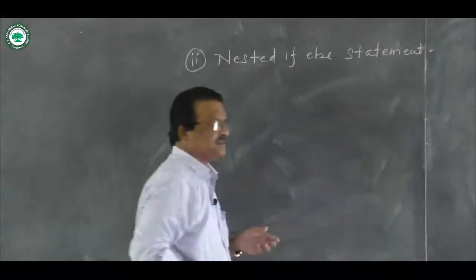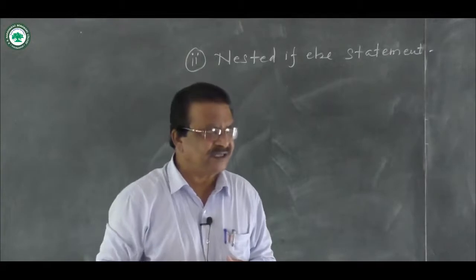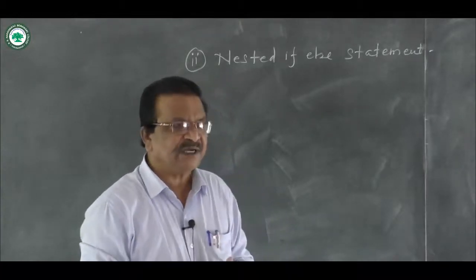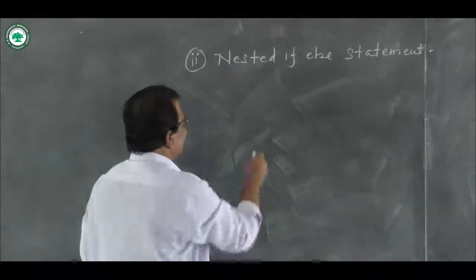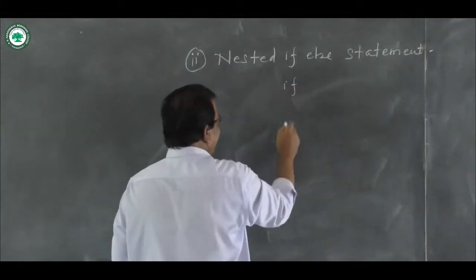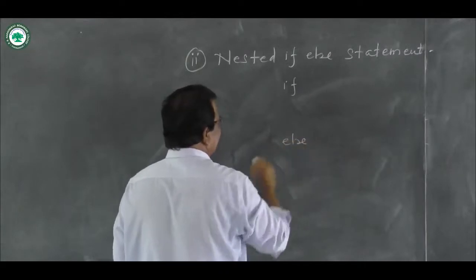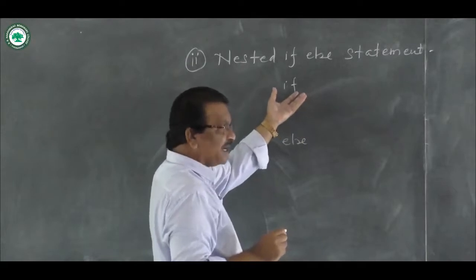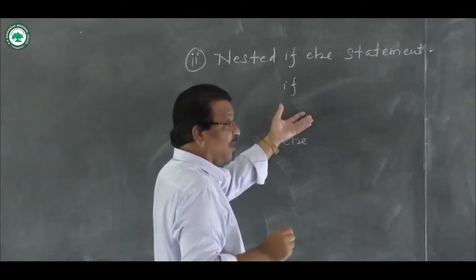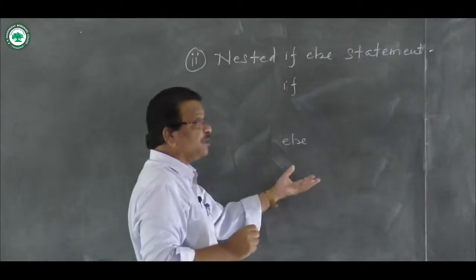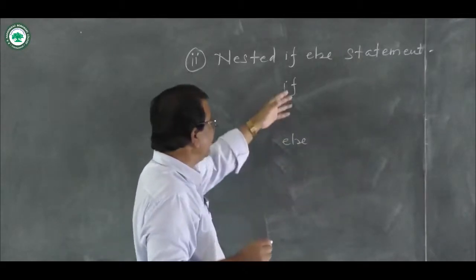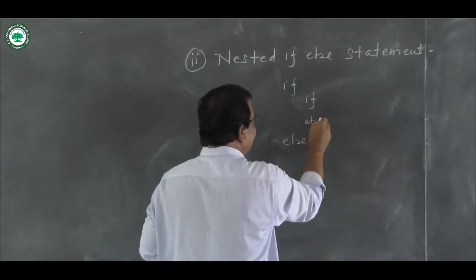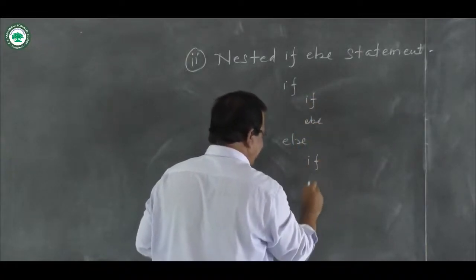The most general form of two-layer nesting, where one if-else statement is kept within another if-else statement, is as follows. What I am doing is writing here if and else. Remember, the statement associated with if is governed by this if, and therefore this is called the if block. Statement 2 is controlled by else and is called the else block. In the if block, I am writing another if-else statement, if and else.